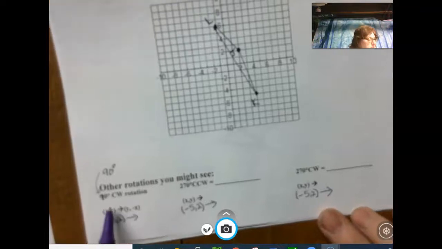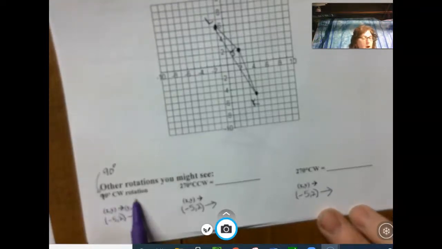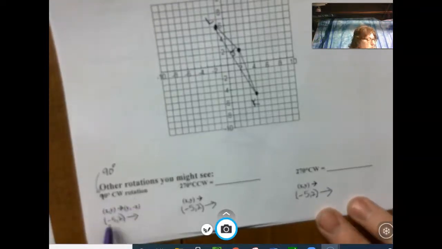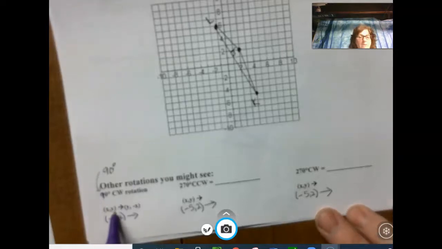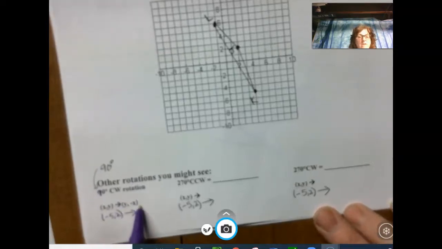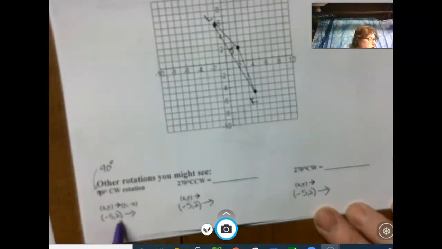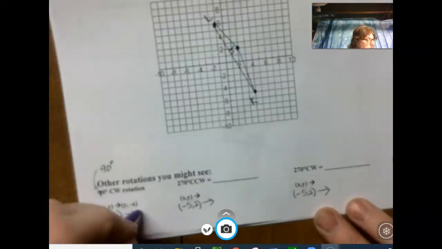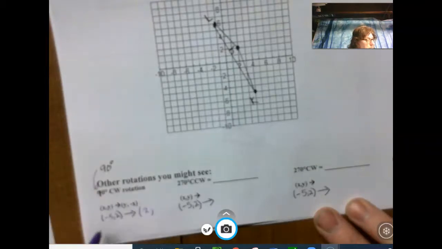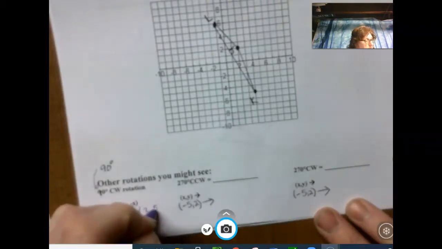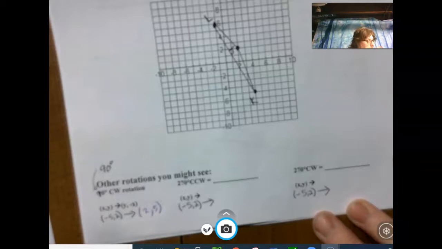If I say something about 90 degrees clockwise, the rule is going to be (x, y) maps to (y, negative x). So think about this for a second. Negative 5, 2 would map to what? Figure that out. And I hope you get your answer of 2, positive 5. The next one,